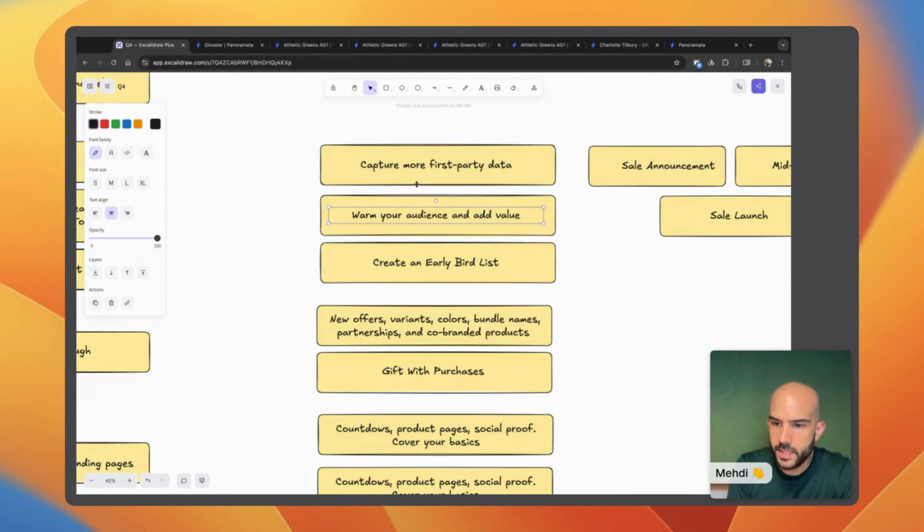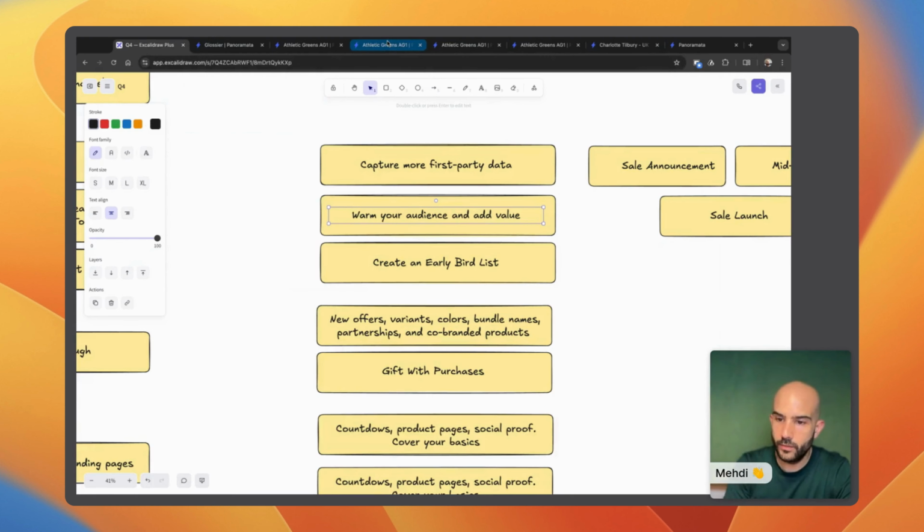It's the warm your audience and add value. The main thing is when you're planning to use email marketing as maybe your main acquisition channel during this period, you're tempted to keep the list with low activity and then have a huge spike of emails sent for Black Friday, Cyber Monday, and for these peak days for your promotions. It's not how it works in terms of deliverability. To make sure that you can have the best open rate possible and keep your deliverability high and your spam scores low, there's a lot of